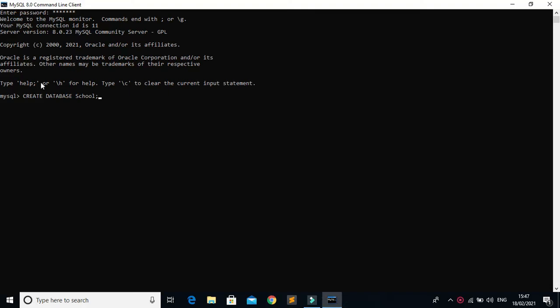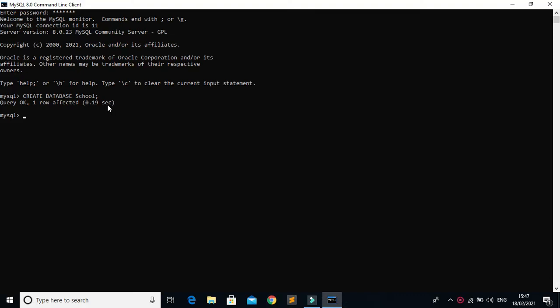To end the SQL statement we give a semicolon after each statement. Now just press enter and you will see query OK, one row affected, 0.19 second. Now this means our school database has been created. Now we can create tables under that school database.